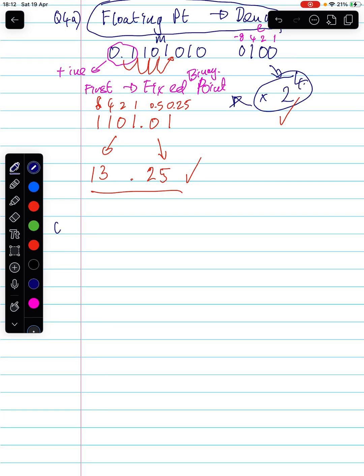Okay, the next question we're going to do is question 5. And what's that question? Convert the following floating point number to denary. So we're doing floating point to denary. That is the type of question we are doing. So when it's this type of question, I'm showing you the method. Okay, so that question, the number is,